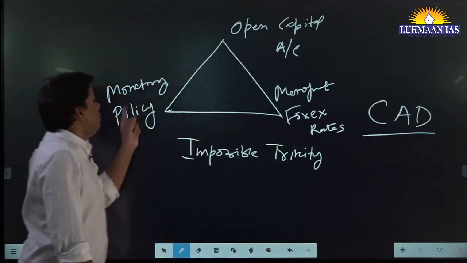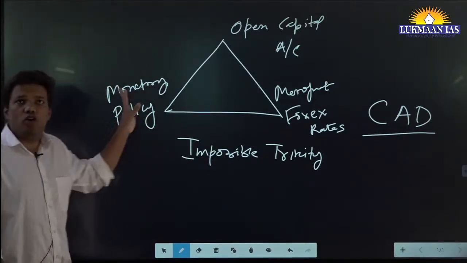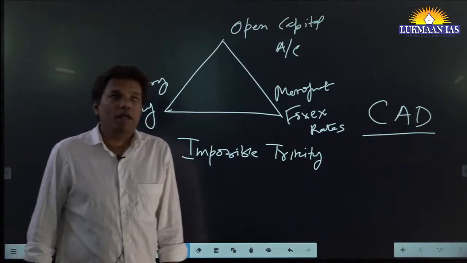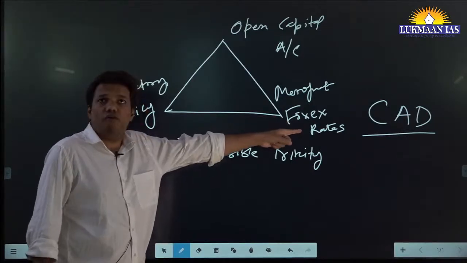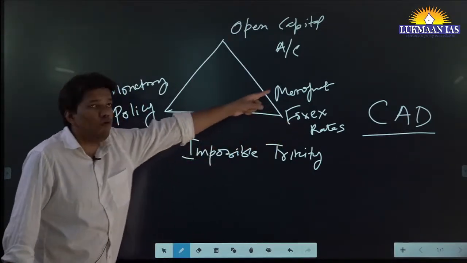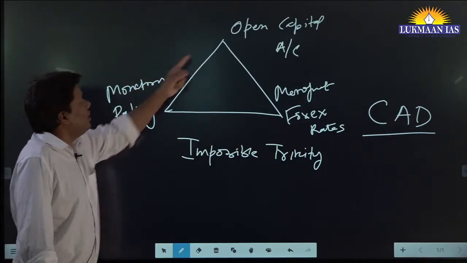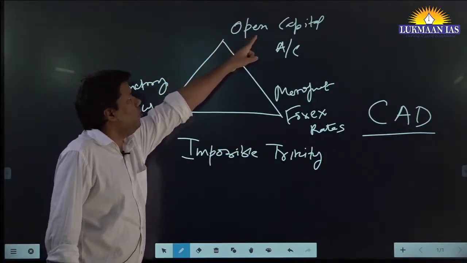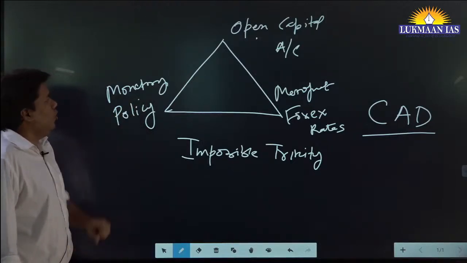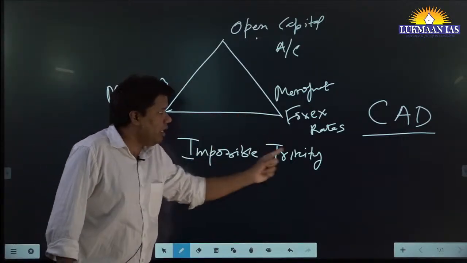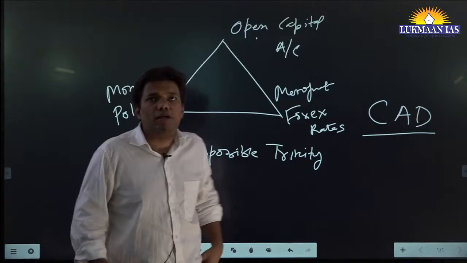You cannot have all these things together. Let's say RBI wants to have full control of monetary policy as well as manage forex. So either it has to have a floating rate. Then it can happen: RBI can have two things, an open capital account and monetary policy, and then the rate has to be floating. See why I brought this concept into the picture?